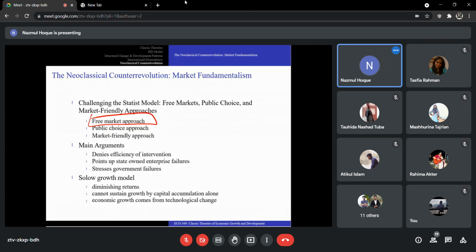The main argument is that intervention by the government is not efficient. If you look at the state organizations, you will see they don't function properly, and in many cases, government fails to implement a policy or run many organizations efficiently. The Solow model is one of the most famous models in this neoclassical counter-revolution,